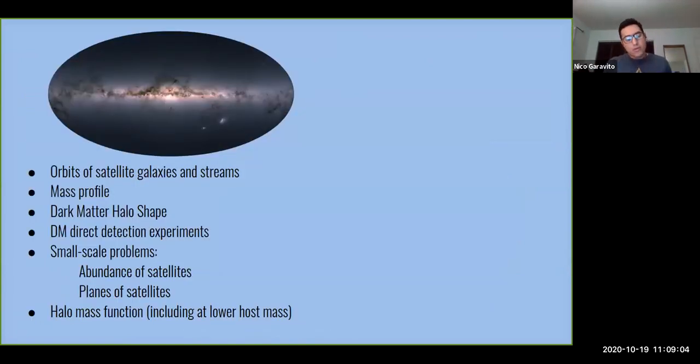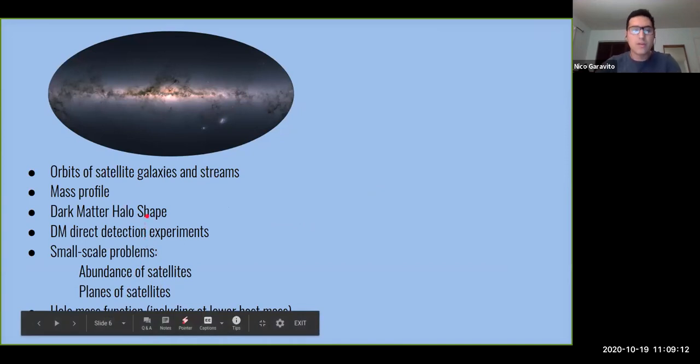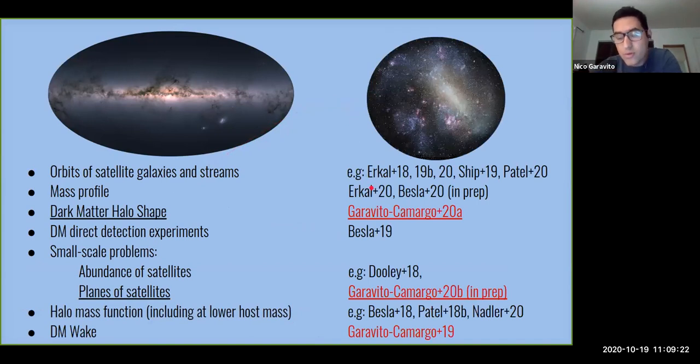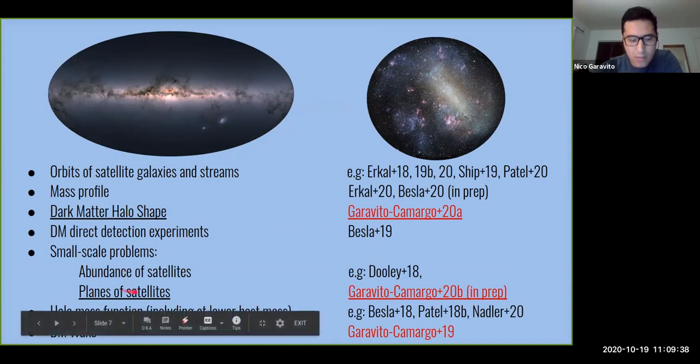So when I say we want to recover the assembly history of the galaxy and map the dark matter halo, there are many ways to do this, which are listed here. I'm not going to go into detail, but for example, you can get the mass profile and the shape of the halo. So there are many things that people have done. But what I would like to highlight is that in the recent 2 or 3 years, it has been shown that the LMC has an effect on all of these methods. So it's important to take the LMC into account. What I'm going to focus on today in my talk is what the LMC is doing to the dark matter halo shape of the Milky Way, and what its implication is for the planes of satellites that I'm going to talk about later.